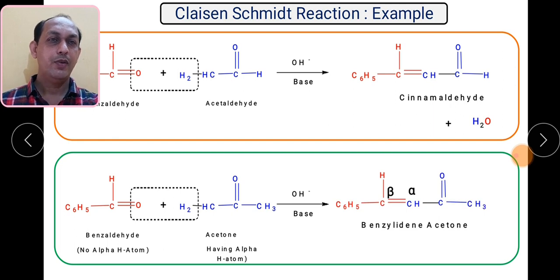So what is this compound? It is known as benzylidene acetone. Here COCH3. So your parent compound is a ketone. Whatever compound is formed is a ketone, but it is an alpha beta unsaturated one. So this particular compound is identified as benzylidene acetone. Benzylidene acetone is formed by condensation of benzaldehyde and acetone in basic medium.